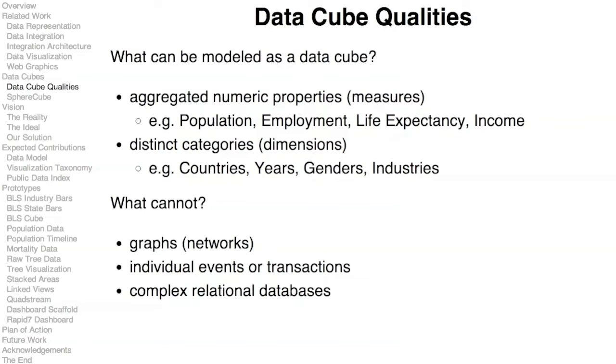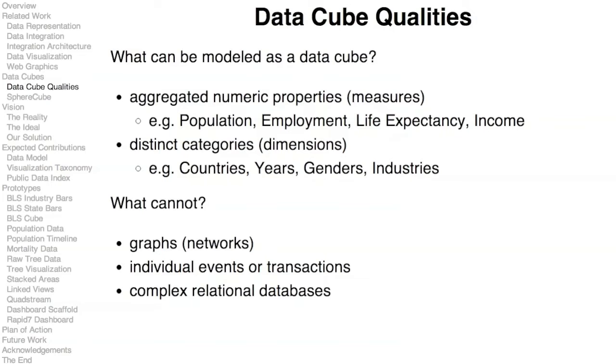It's a data table where some of the attributes are aggregated numeric properties. These are called measures in the data cube world. For example, population, employment, life expectancy, or average income. These would be examples of measures. And some of the other attributes need to refer to distinct categories. In data cube terminology, these are dimensions. So for example, countries, years, genders, industries, ethnicities,